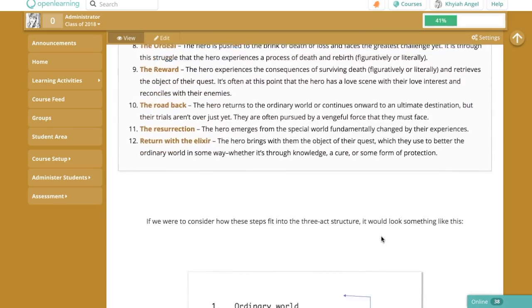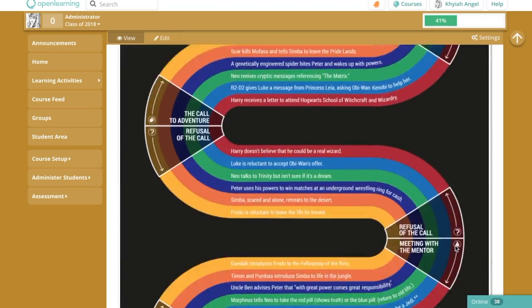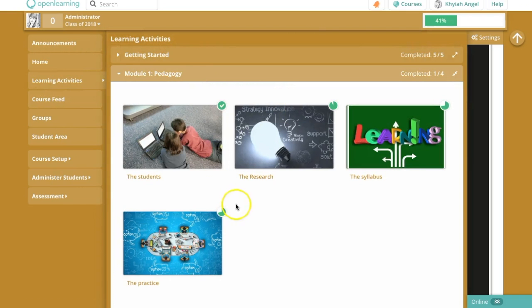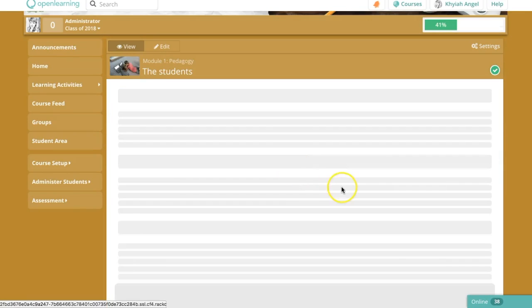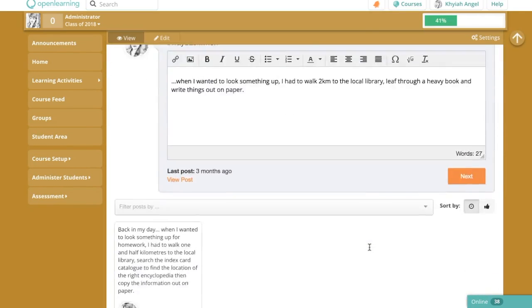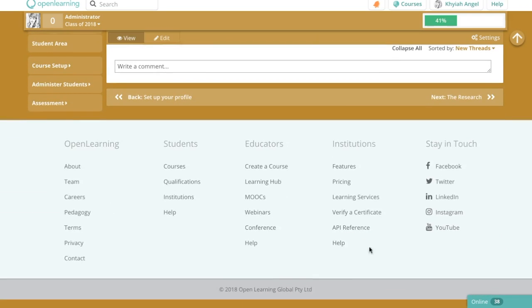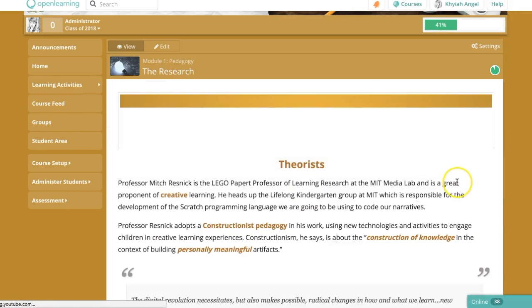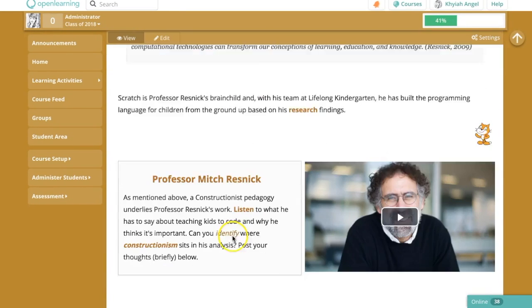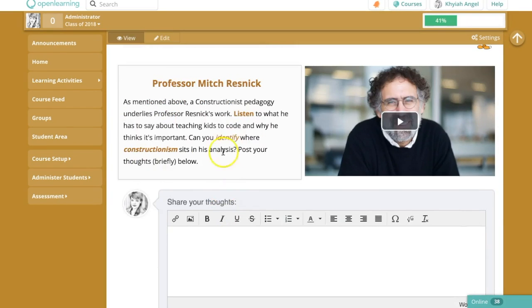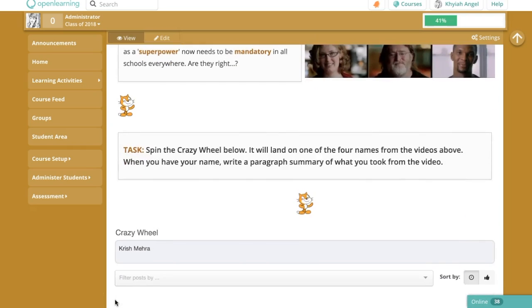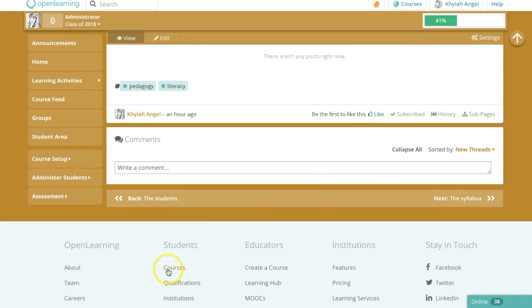Videos, some information about narrative structure and the hero's journey. All right. Pedagogy, of course, is really important when you're teaching. We look at the context that the students are in. There's a few little tasks there that you have to take. You can navigate your way through in a linear fashion if you want, from one place to the next. Mitch Resnick, he's the guy that created Scratch. He talks about his constructionist pedagogy. There's a few little exercises there, a few little videos to watch about people sharing their coding journey or talking about